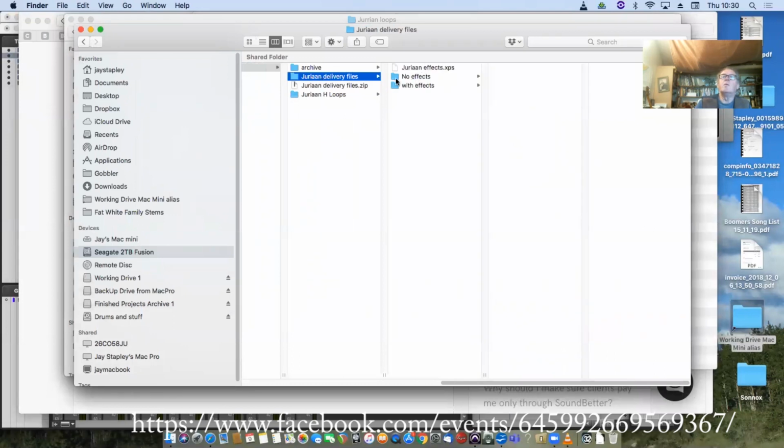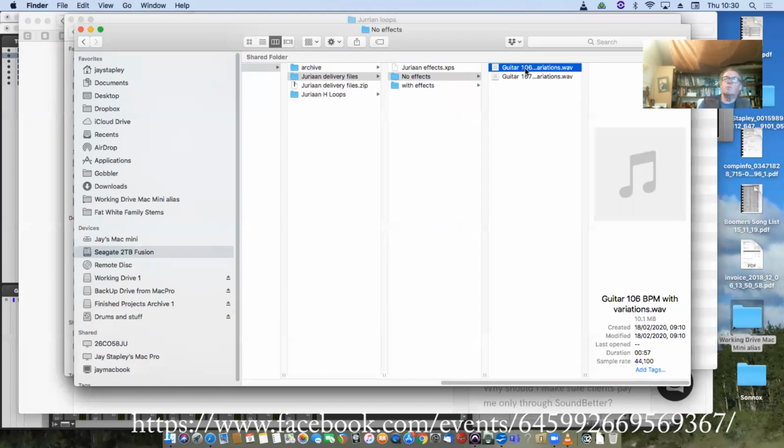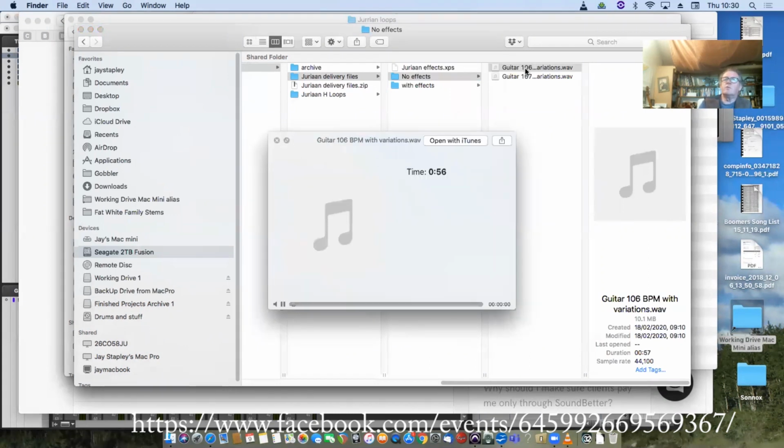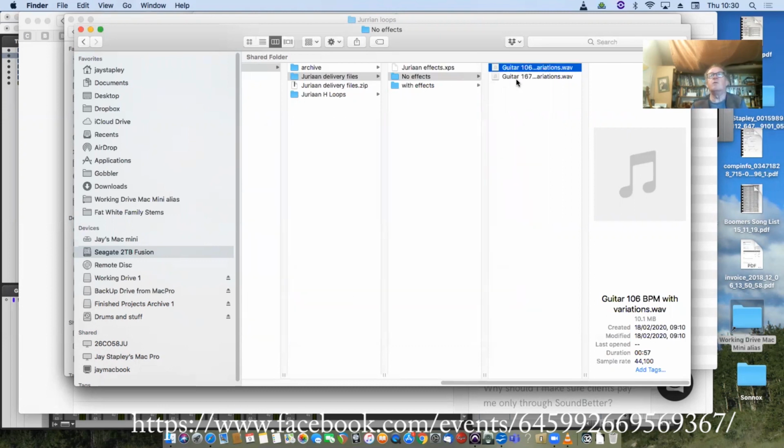delivered was a version of the guitar with no effects, with 1 bar silence at the front. The reason I leave 1 bar silence at the front is so that you get the pickup into the note, particularly if I'm playing something that spreads into the beat. But make sure you make it exactly a bar and let them know. And then 1 version with effects.